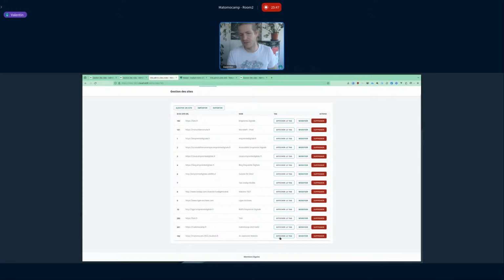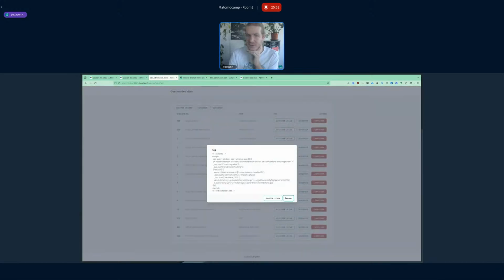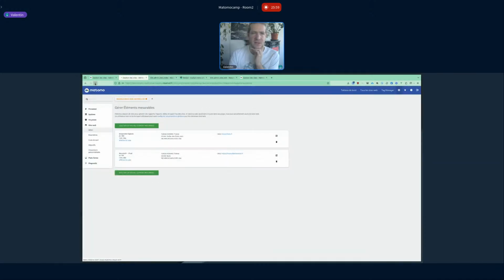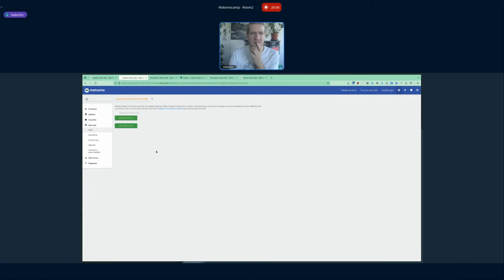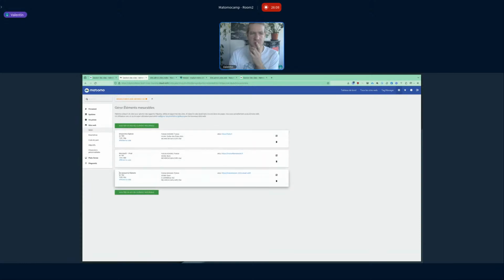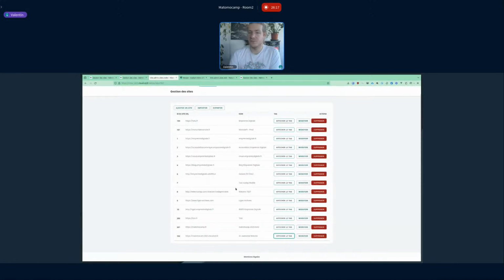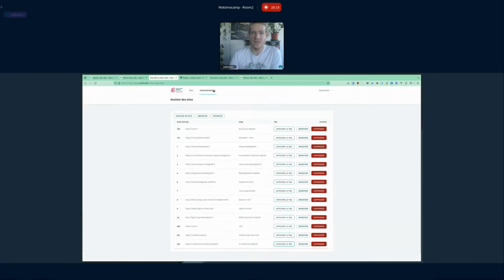I can also see where it's hosted by displaying the tag. So here you can see that it's on the test 1 instance. If I go to test 1 and refresh the website list, I can see there is a new website that has been created, and it's an e-commerce website because I checked it. That's pretty easy. That's for managing websites.